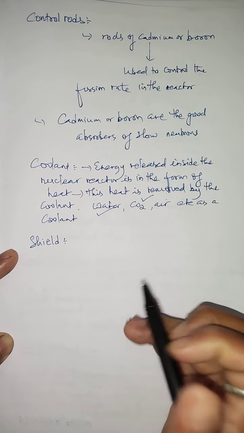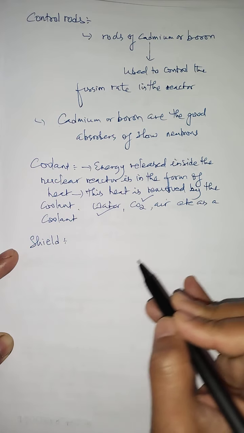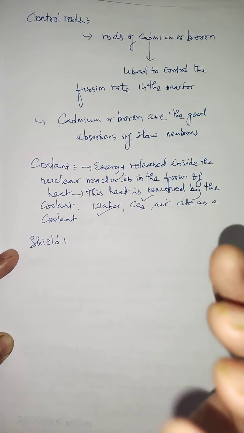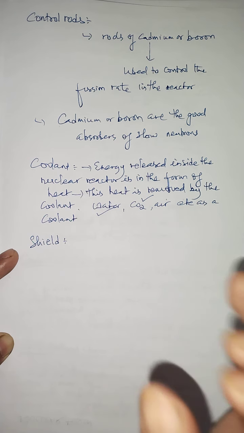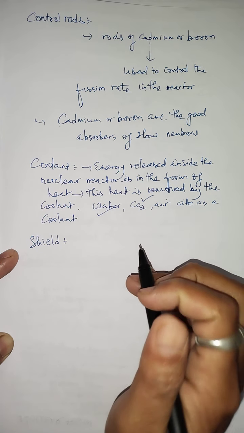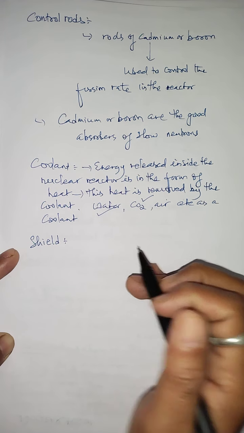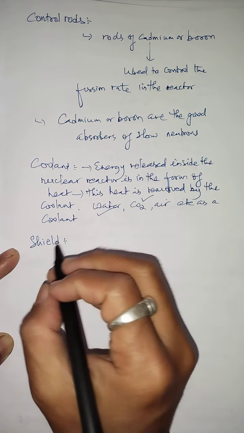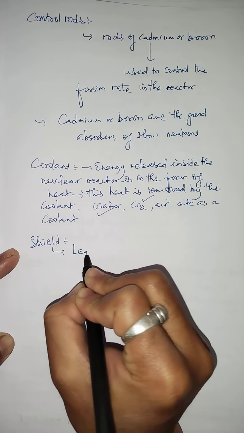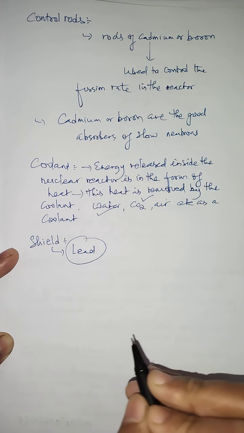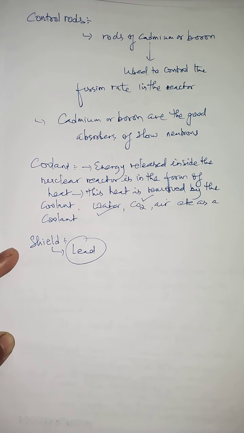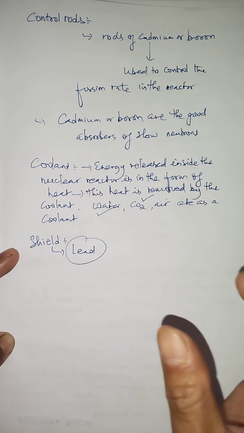So in order to protect them from this nuclear radiation, a thick concrete wall is erected around the reactor, and this wall is usually made up of lead. So lead is one of the metals which is used for making this shield, like a concrete wall,